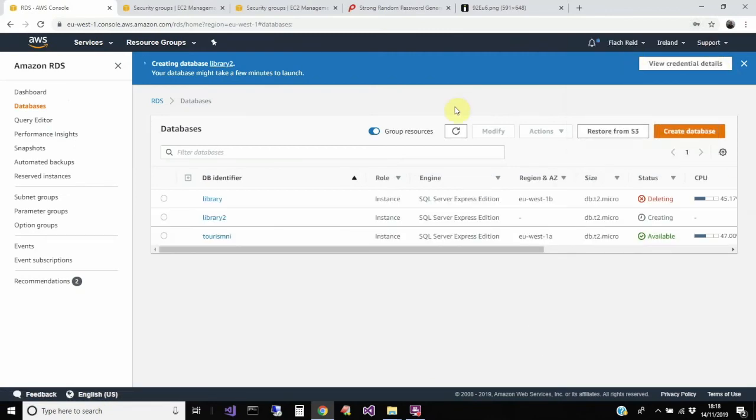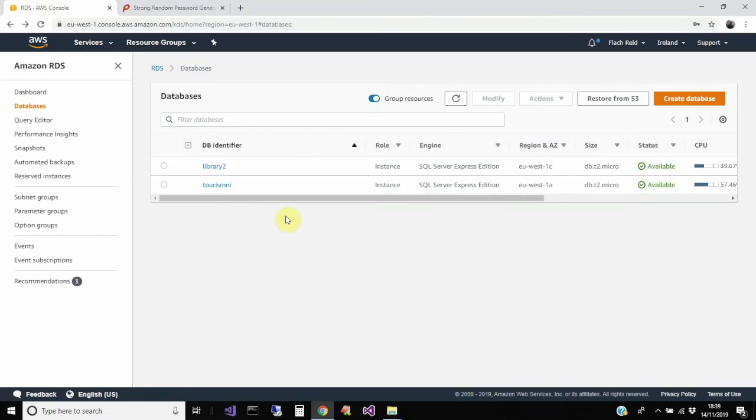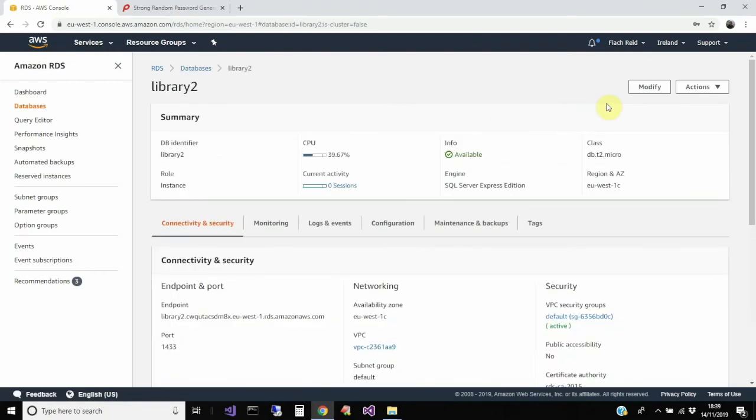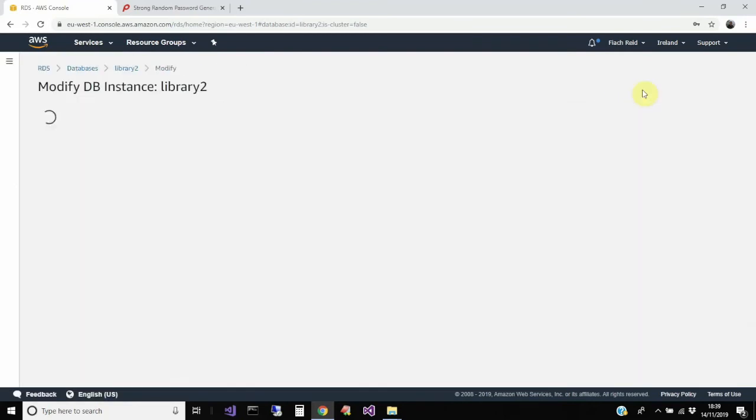This is creating. It will stay in this state for a few minutes, so make yourself a cup of coffee and come back. Now, our database is now created, but we have to make 2 changes in order to make this database publicly accessible. Click on the database, click on Modify,